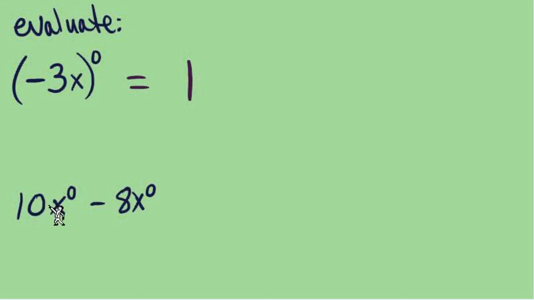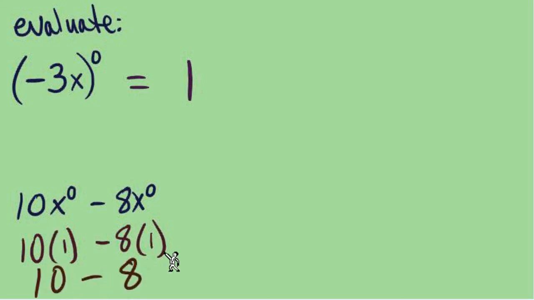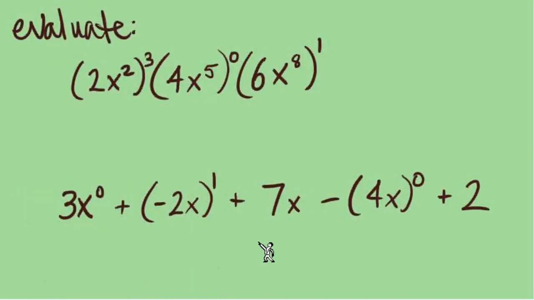That makes it 10 times 1. And over here, this will be x to the 0. This is 8 times 1. What we're looking at, follow order of operations. This is 10 minus 8 equals 2. Interesting little expression that we have here, and it equals 2. All right, we're going to take it up one more notch, but